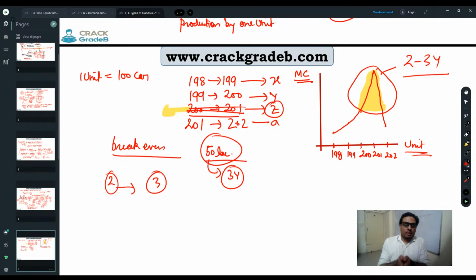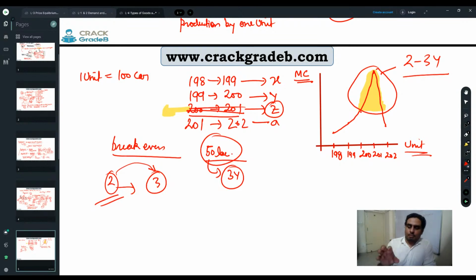That means the firm understood that yes, we are going to have this huge cost to increase our production plant by one. Earlier we had only two plants, now we have to establish our third plant. So third plant means what? Huge marginal cost, and this marginal cost we are able to recover. What is it showing? The company took the decision to establish one more production unit in India. We already have two units. Now the third unit we are going to establish.